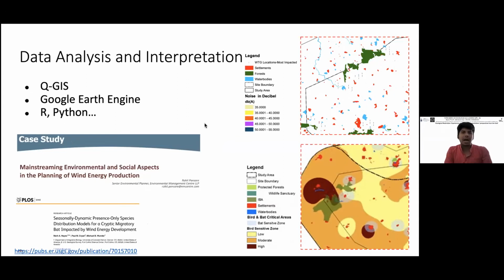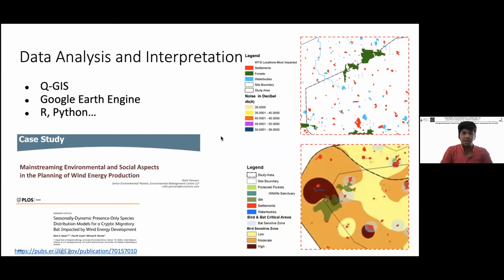So these are some of the maps that I've created using QGIS. Here you can see on the top, this is a map of the sensitive receptors, and certain triggers that are overlaid. So here you can see I can overlay, say, noise levels in these areas and see which of the sensitive receptors might be affected because of a certain project that's coming up.